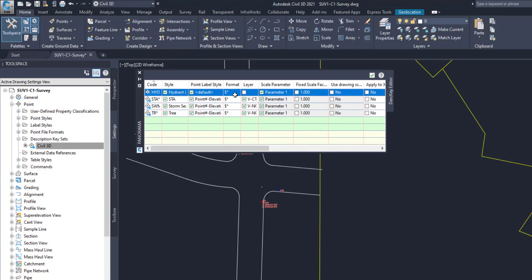We're going to leave the format. Right now the format is $*, which basically means it's going to use the same label the surveyors entered with the raw data. We're going to make sure the layer is unchecked. Under scale parameter, we're going to make sure that that is checked. That's our yes option. Once we've made all those choices, we'll click the green check box to close this dialog